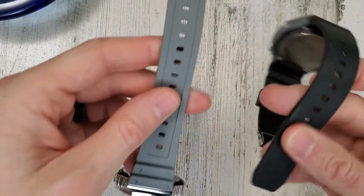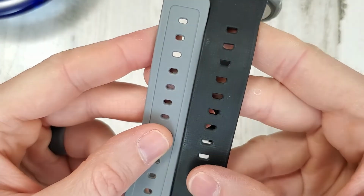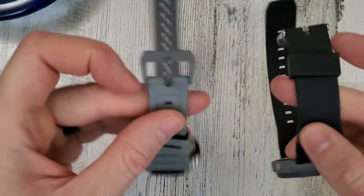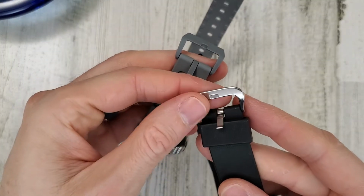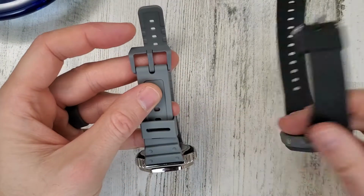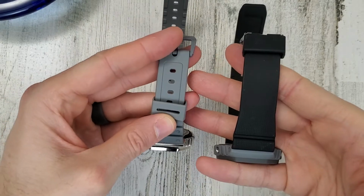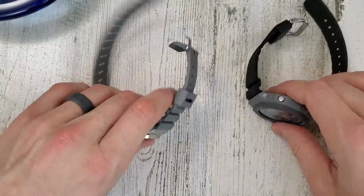Also it's interesting to see that the holes in the strap are a little bit different too. Let's take a look at the buckle and tang again. I'm not sure why those cutouts are like that, but anyway. Oh yeah, so you have the holes here to match the other strap, and this one doesn't have that. So, all right, let me pause the video and we'll swap these back around and I'll put them on wrist again, and then we can